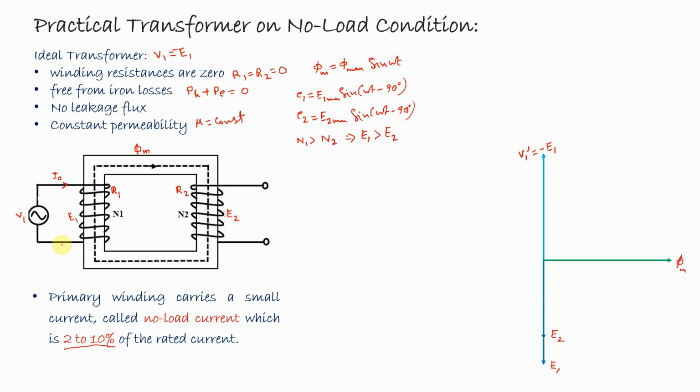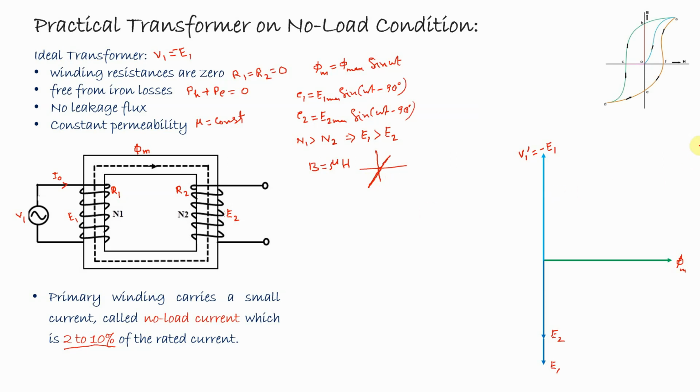Now, in ideal condition, we consider the permeability is constant. So in ideal case, when the permeability is constant, then the relation between B versus H, which is B equal to mu H, should be a straight line passing through the origin. But in actual case, we know that there will be a hysteresis loop that will be created when an alternating flux or alternating magnetic field is produced in the material.